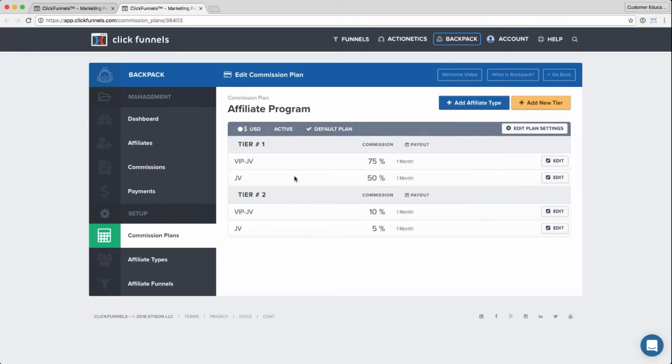So this is an example of a commission plan. You can have different affiliate types in the same commission plan earning different commission percentages. So I have a VIP JV that earns 75% and a JV that earns 50%. And they would earn this on the same funnel for all the products in the funnel, unless in your product settings,